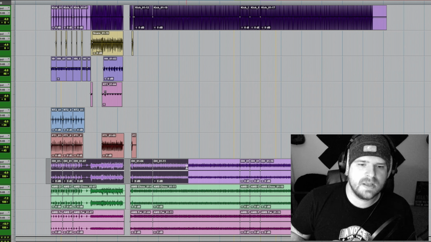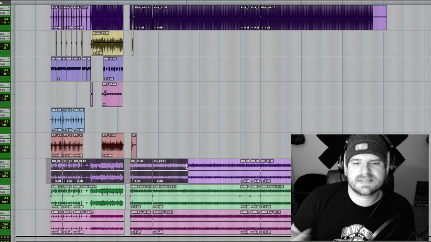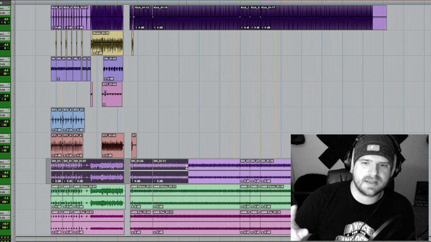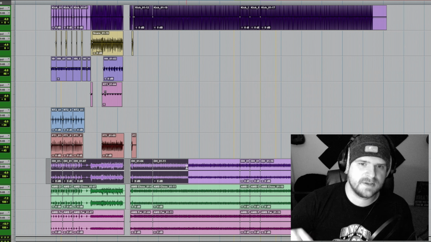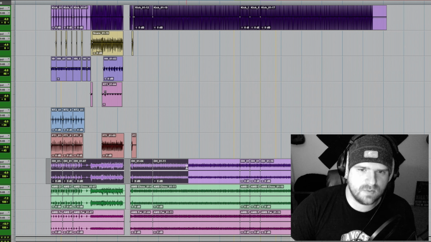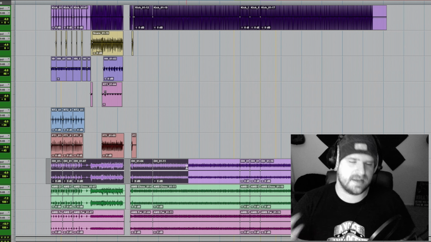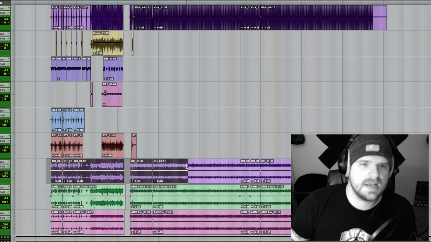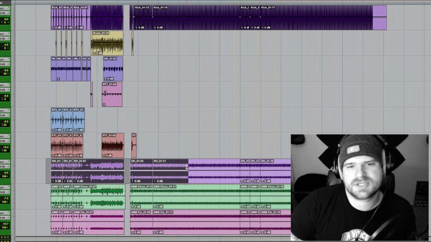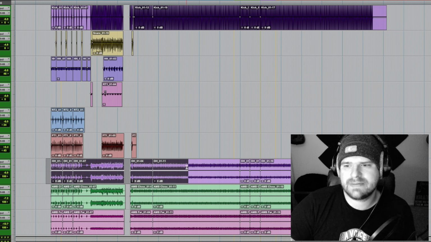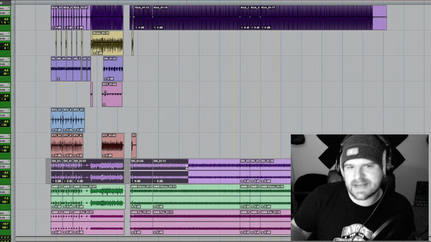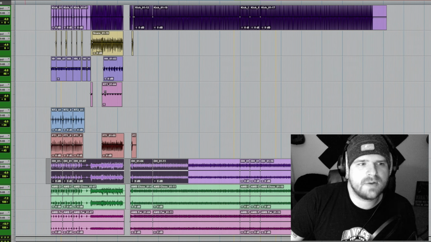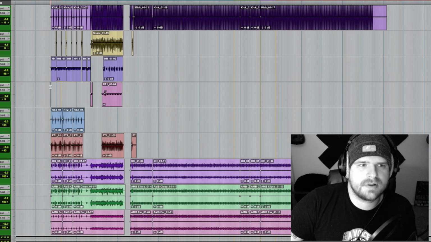And so the benefit to this is it lessens CPU power, because I don't have to have the plugin that I use for my drums in with the song while it's playing. So again, it clears up some CPU resources, but it also allows me to control the drums just a little bit more. Either way is fine. It's just for this song I decided to bounce everything down. But what I'll do is I'll go ahead and solo the drums so you can hear what they sound like on their own.